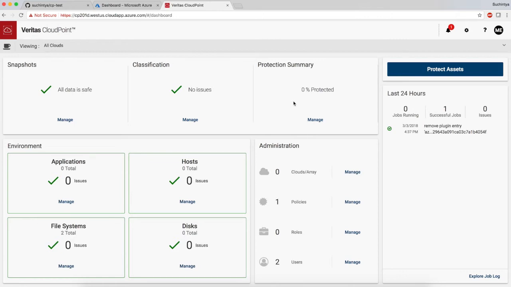The hosts and disks correspond to your Azure VMs. Those are the hosts, and the disks are Azure disks. In CloudPoint, we integrate with Azure Managed Disks, so we display those disks as we discover them. And then applications are any of those traditional applications such as Oracle, SQL Servers, and MongoDBs. File systems are when you connect your hosts to CloudPoint, we will discover your Linux file systems or Windows file